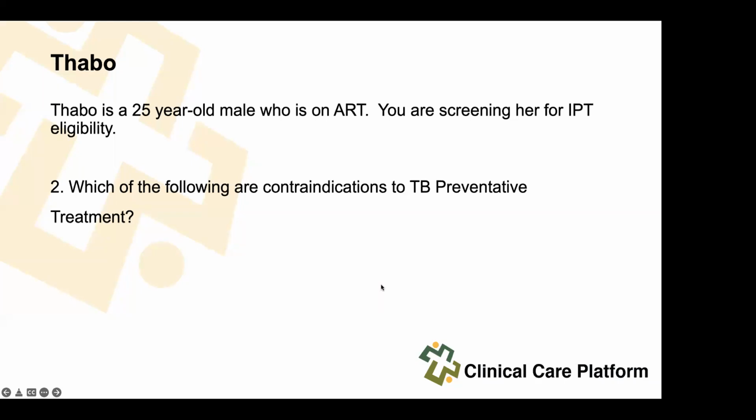Yes, you can see alcohol abuse, absolute contraindication. Pre-existing liver disease, absolute contraindication. Sensitivity to isoniazid, absolute contraindication. Dr. Mliba, what do you think of a CD4 count less than 350 in pregnancy? Doc, are you there? All right, I think today we have a network problem, so we'll continue.